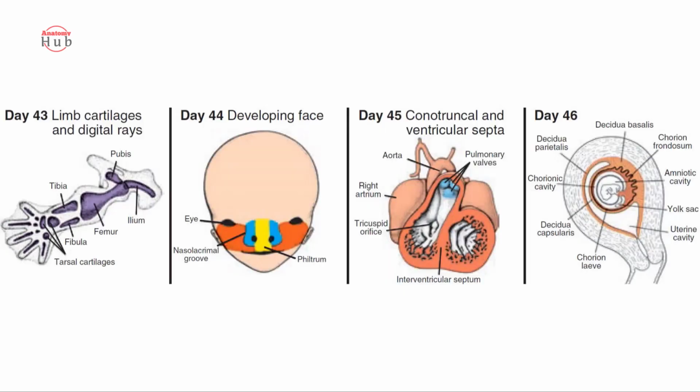At the 8th week, digits of the hands are separated but still webbed. Fan-shaped feet show notches between digital rays. Ossification begins in the lower limb. The caudal eminence at the tail disappears. Hands and feet come together ventrally. The head is still much larger. Eyelids are closed. Auricles start getting their final shape. External genitalia don't show clear differentiation. The end of the 8th week also marks the end of the embryonic period.